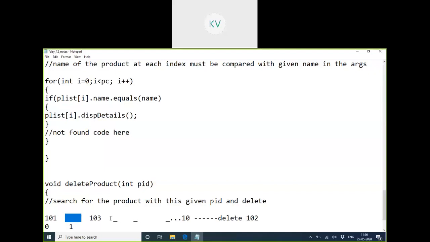But that means the whole array will look disfigured. Somewhere the data is there, somewhere the data is missing. Should I arrange the data like that after deletion or should we reorganize this? We have to rearrange them, then it will only have 9 elements. So we have to push this element into the first index. If there is something else, it should be pushed to the second index. Everything should reshuffle.